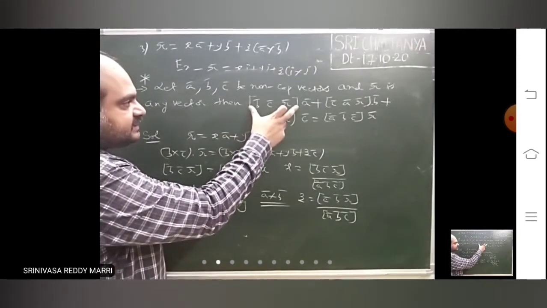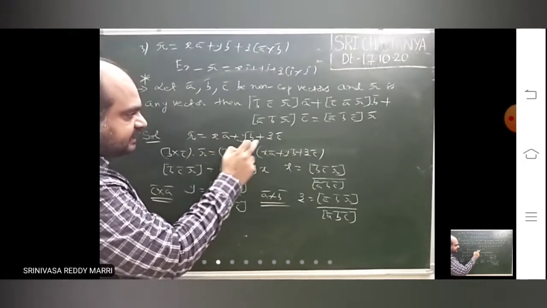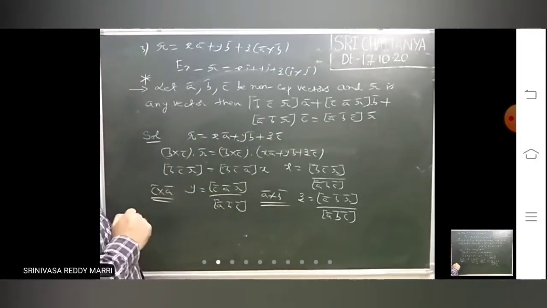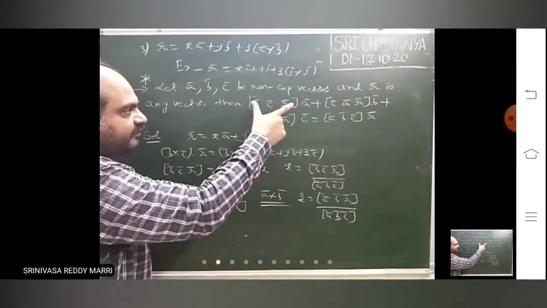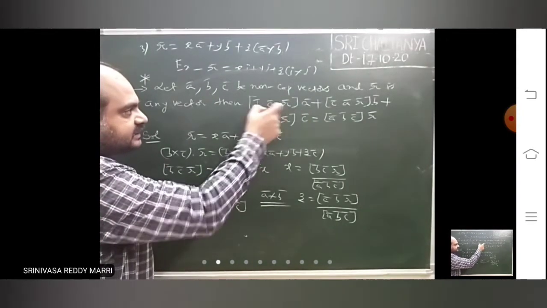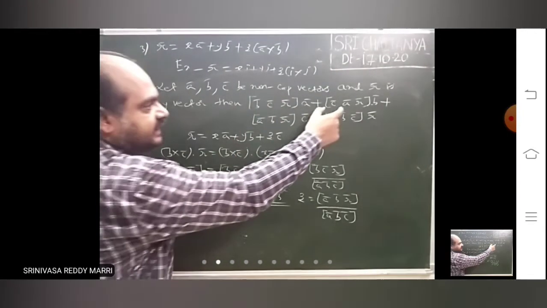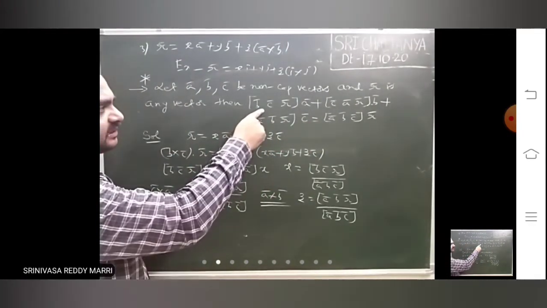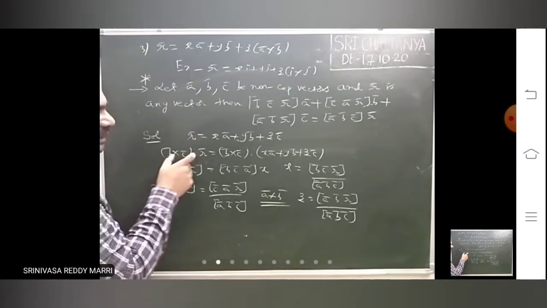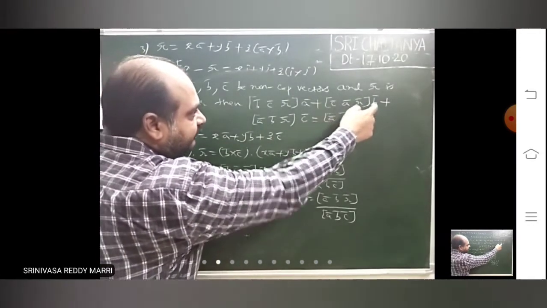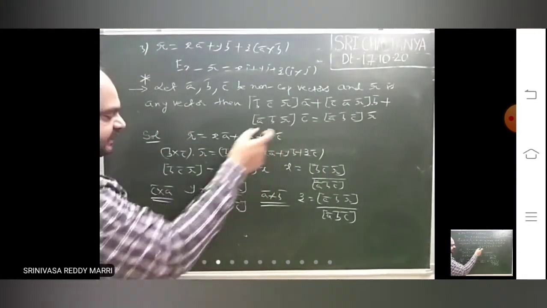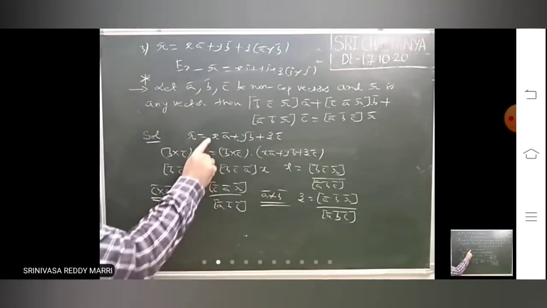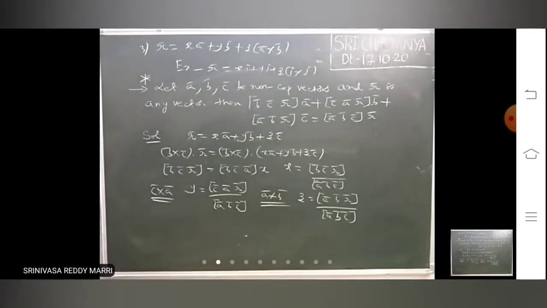Whenever you want to calculate this X, Y, Z, you have to do dot product on both sides. Here the clear indication is: before A bar what is there? B cross C dot R bar, C cross A dot R bar, A cross B dot R bar. That means once I have done dot product with B cross C, then another indication, before B, for getting Y, C cross A dot, then you will get Y, then you will get Z. Like that, these scalars you will also be asked in the problem.